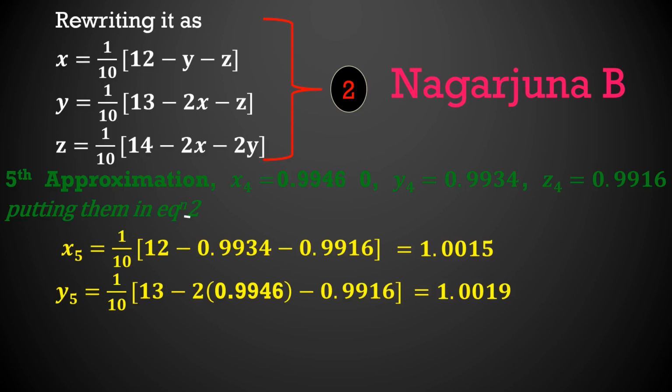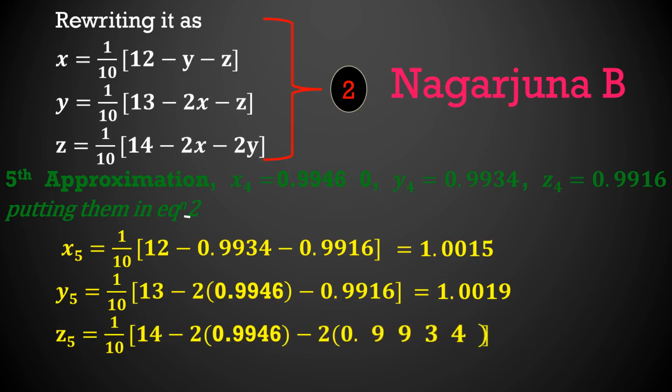This we get by substituting in the third equation of the system of equations 2. z is equal to 1 divided by 10 into 14 minus 2x minus 2y. So we can write z5 is equal to 1 divided by 10 into 14 minus 2 into the x value, 0.9946, minus 2 into the y value, 0.9934. Upon simplification by using a calculator, you will get the answer, and that answer is